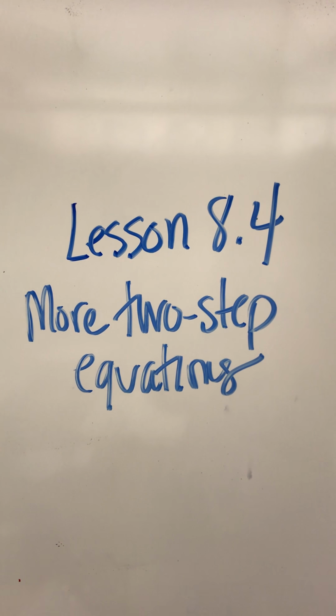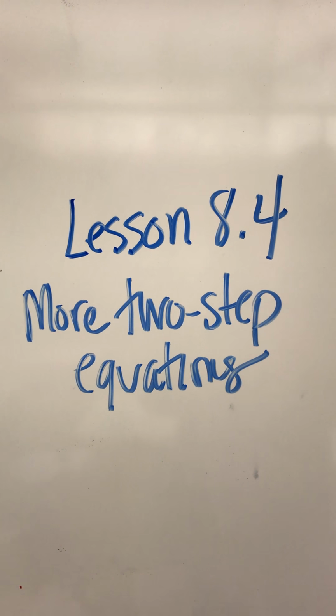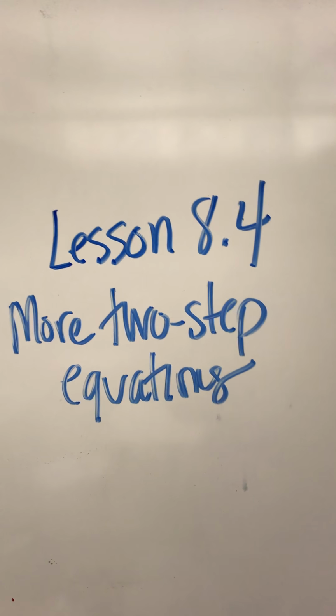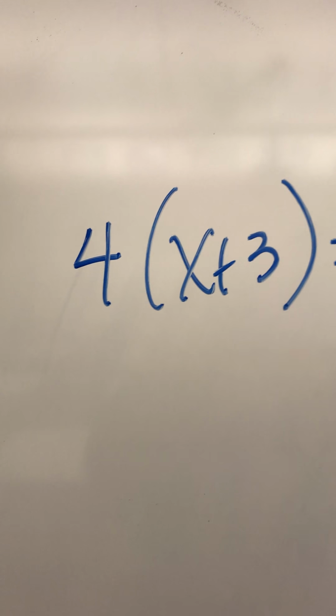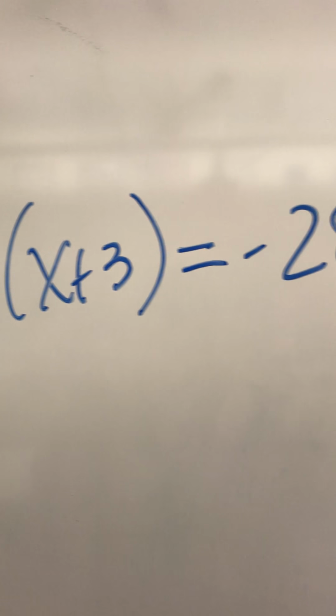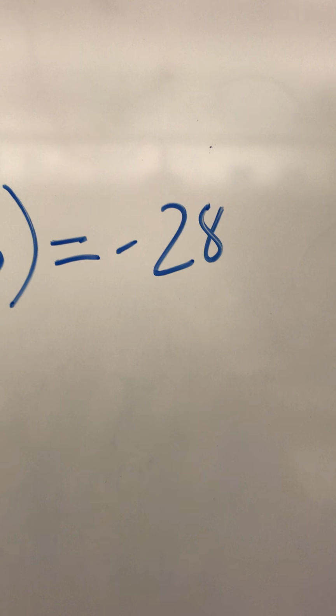All right, guys, so lesson 8.4 is just more two-step equations. These are a lot like the ones you worked on in lessons 8.2 and 8.3. They're just a little bit more spicy. Oftentimes, the grouping symbols have joined the party, and that means there's a little more thinking involved before you can